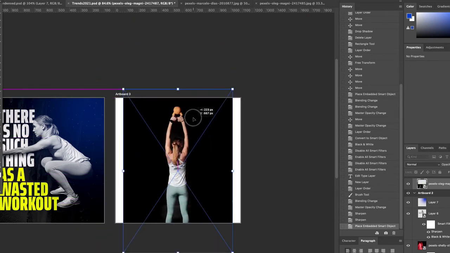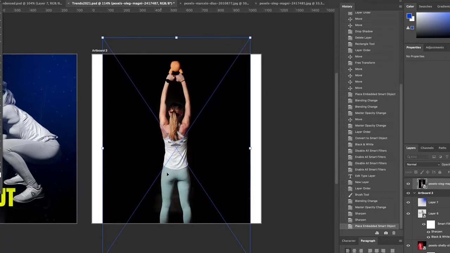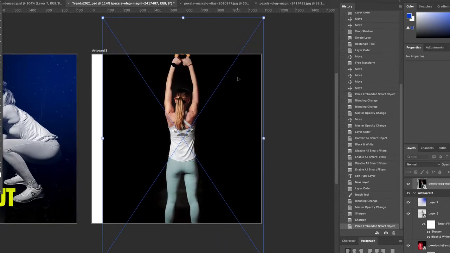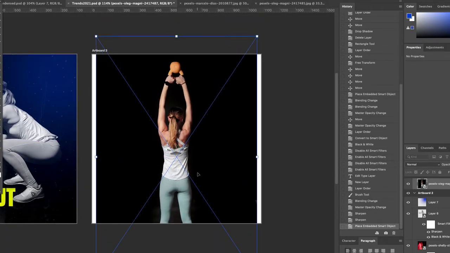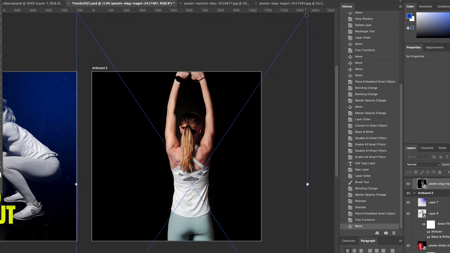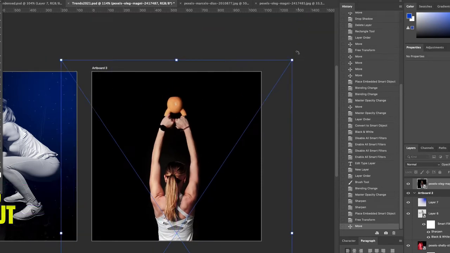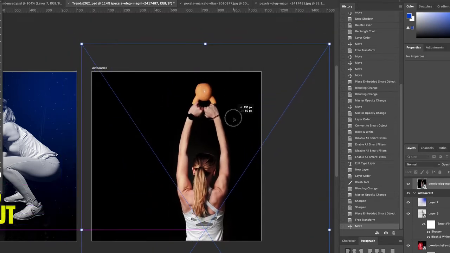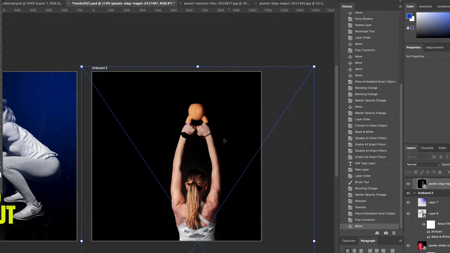Let's kind of have her in the center because it's such a great photo opportunity to center align. It's such a nice symmetrical photo. So let's keep it center aligned. And let's zoom in on her because when you have a zoomed out image, you kind of lose the emotional impact. So with a lot of my projects, I like to zoom in when I can to kind of have